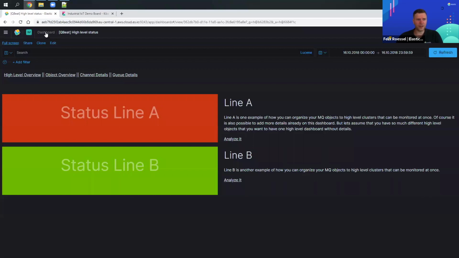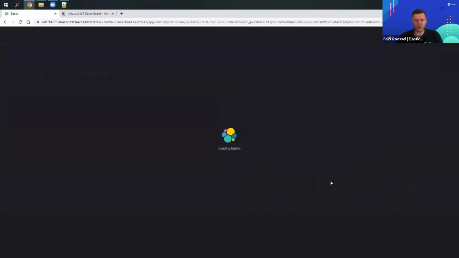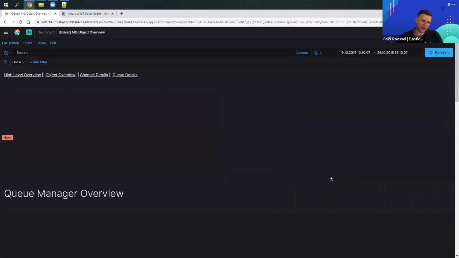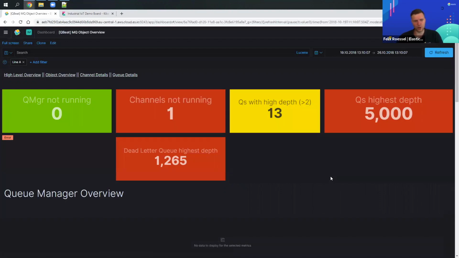This dashboard is part of my IBM MQ demo, and I ingested a lot of data here and made it available to drill down. So I'm starting with a real high-level view of the data, so really aggregating everything together in one single traffic light. And if the traffic light is red, I can analyze the specific behavior, jumping into another dashboard which is showing me the contents of this,